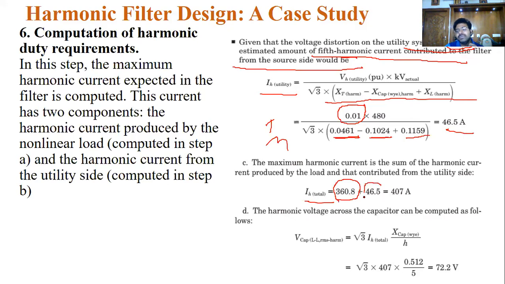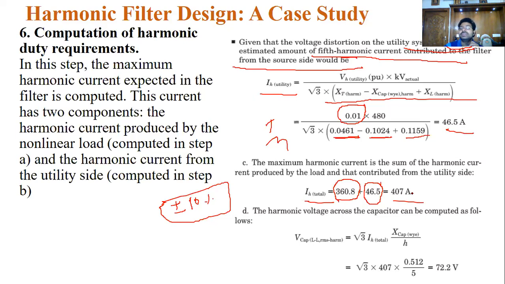Because of some deviation, you also take the deviation value. You know that in our Indian power system, nearly 10% deviation is acceptable. That 10% deviation you also calculate while designing the filter, because you require the deviation. Otherwise, the filter rating is reduced. It does not filter the exact values. So that's why they calculate the deviated current value also.